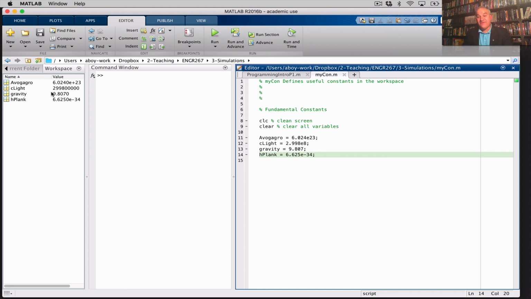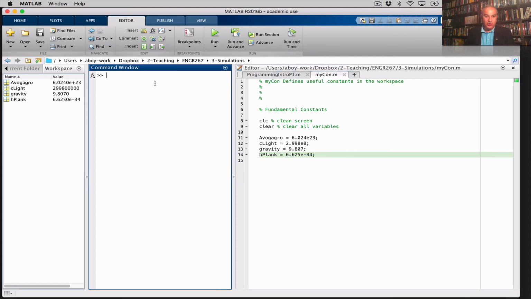And now you have a variable. So you imagine a situation where there is a set of constants that you always work with, and you may want to have them defined. Those are your constants: Avogadro, velocity of light, gravity, Planck's constant, Boltzmann constant, etc. All the ones that you use, or conversions, and then you just run your program by either running it or typing in the program name, my constants,